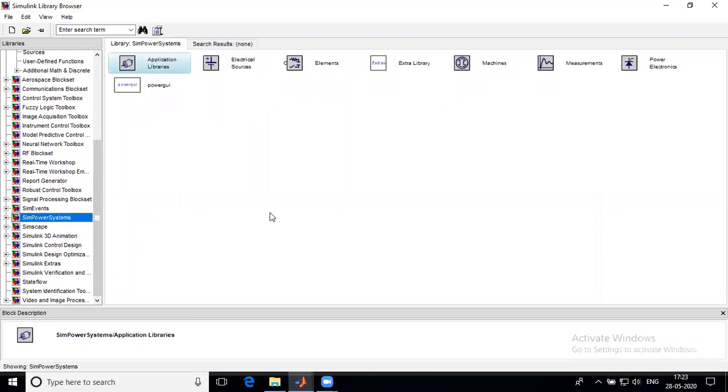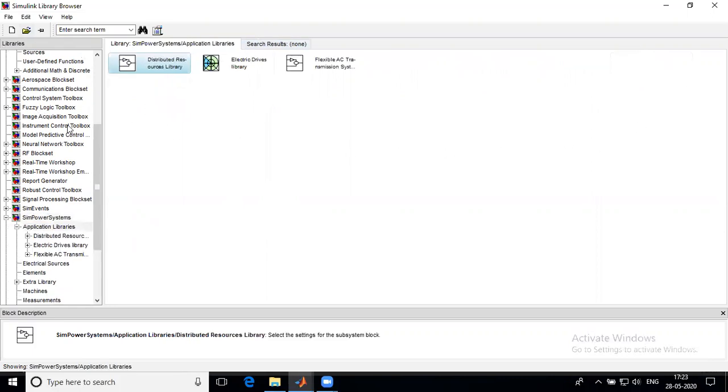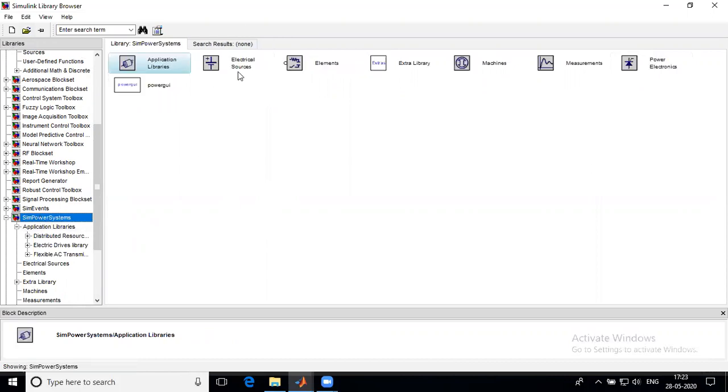That is one option, the SimPowerSystems. Under SimPowerSystems there are several components: application libraries, electrical sources, elements, extras library, machines, measurements, power electronics, and powergui. The powergui, a graphical user interface, is also required for our polarity test purpose.